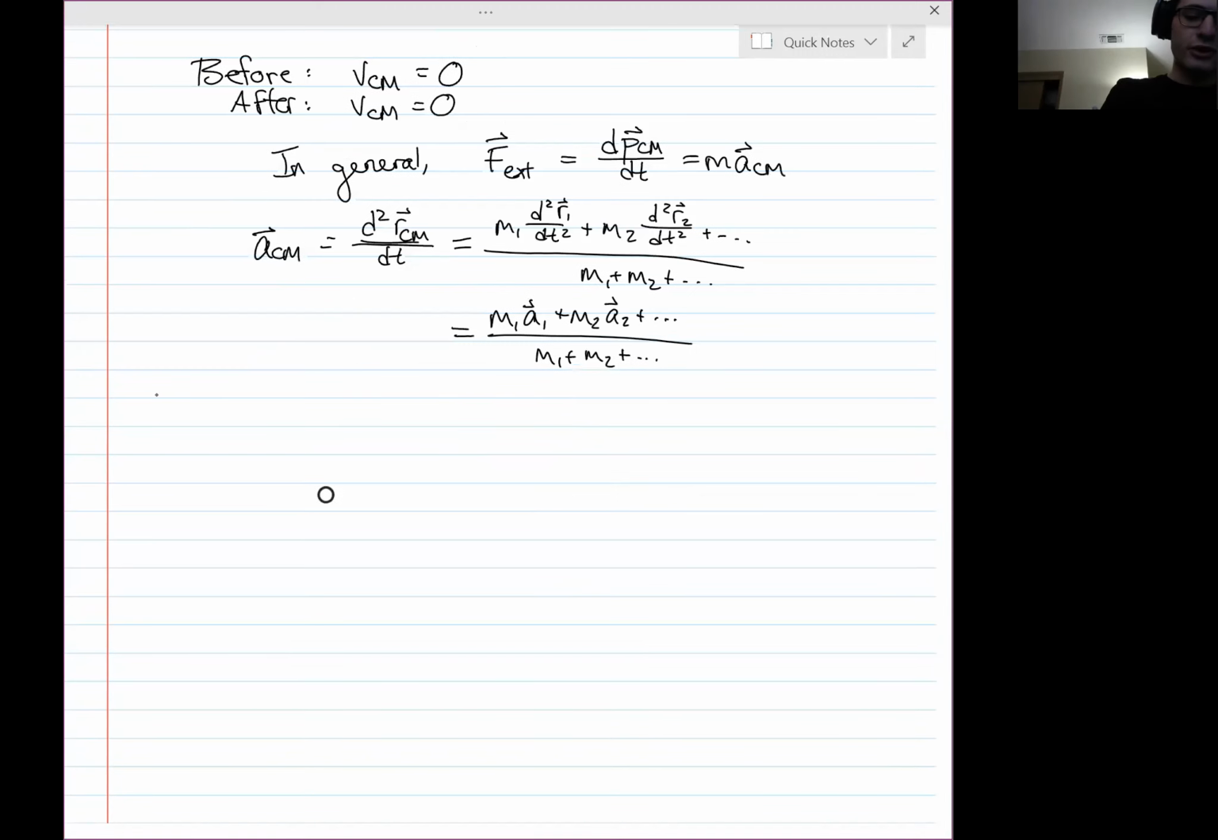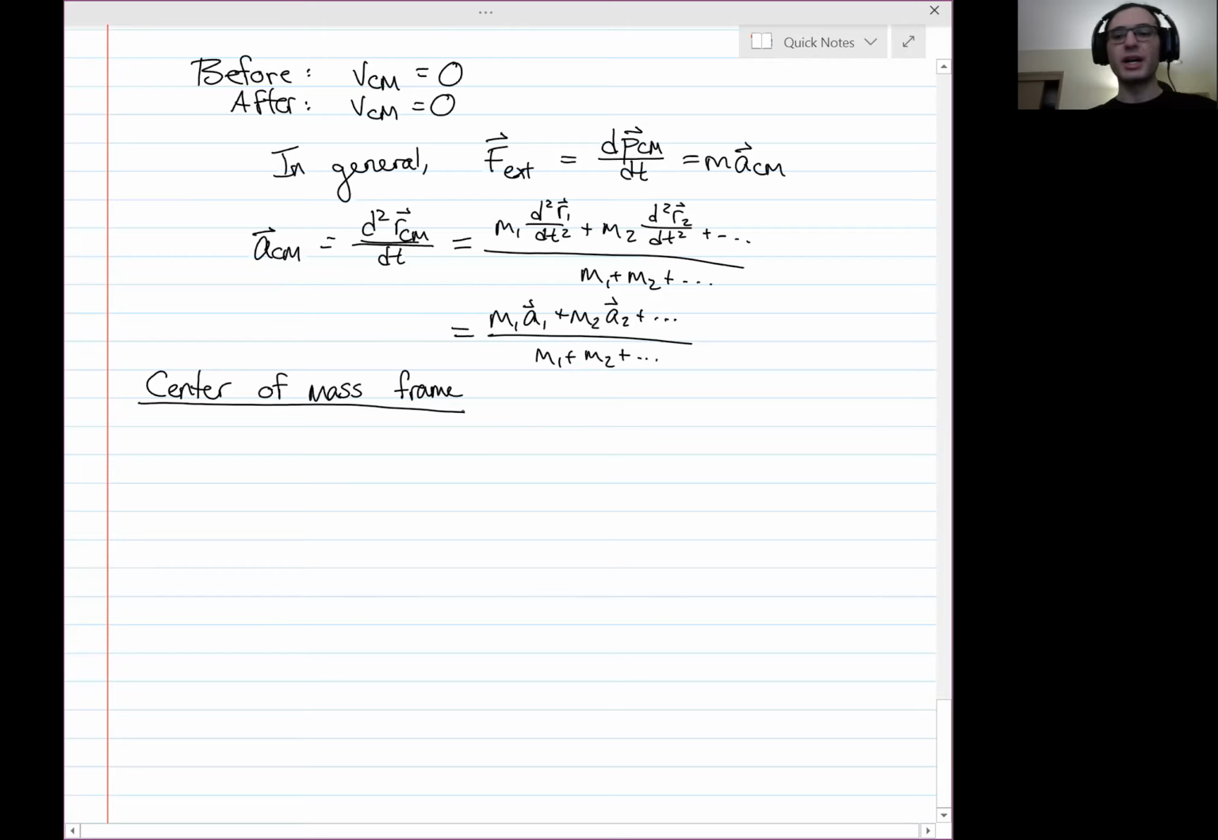So this special reference frame, remember I was talking about reference frames before when we were talking about relative motion, is the center of mass frame. The idea here is that sometimes a complicated system can be simplified by just looking at what happens in the center of mass frame of that system, using the position and velocity of the center of mass, calling those things 0. Like, for example,